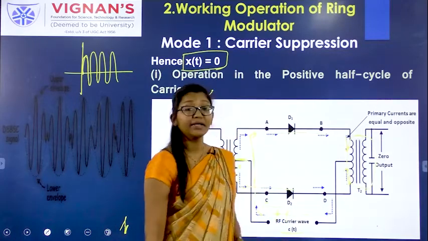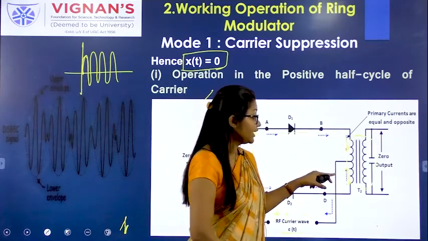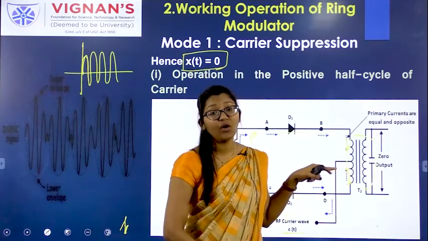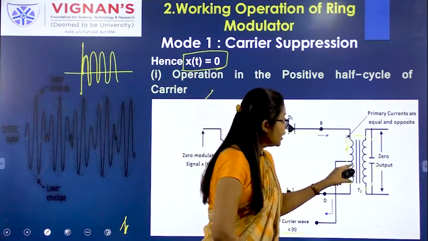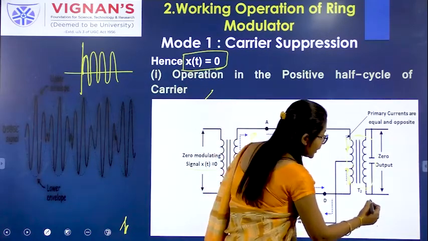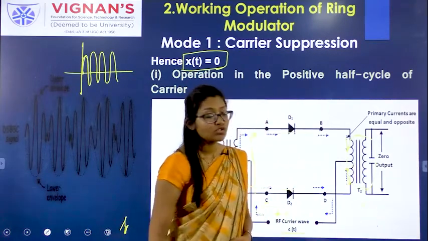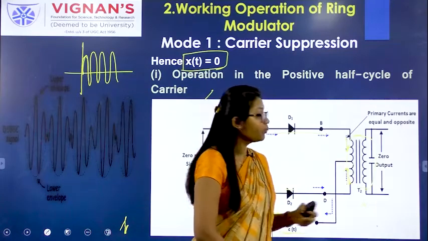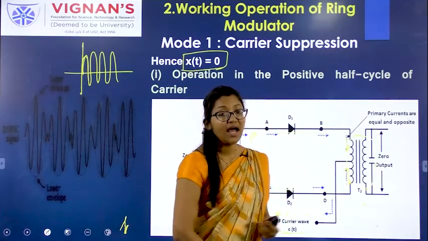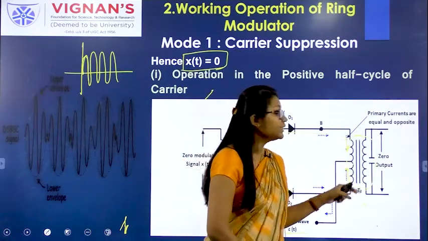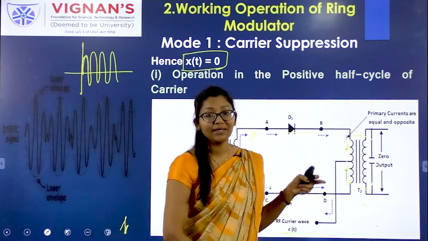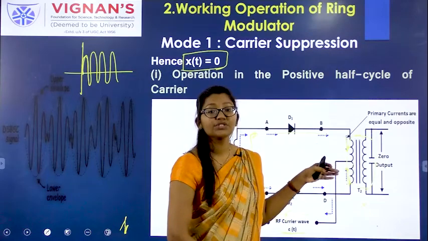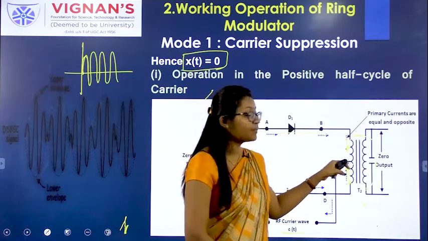Both currents are entering, which means they have equal and opposite signs, and the currents will cancel each other. These two currents have equal and opposite signs and will be cancelled, because the currents will produce a magnetic field, right? Current will generate a magnetic field at the transformer side.